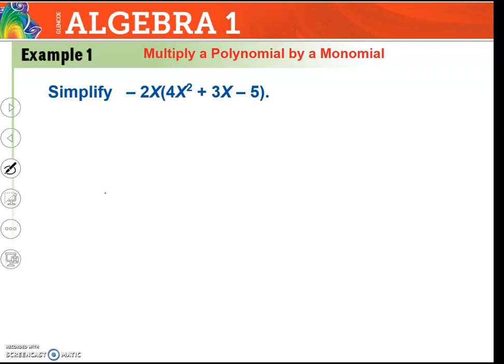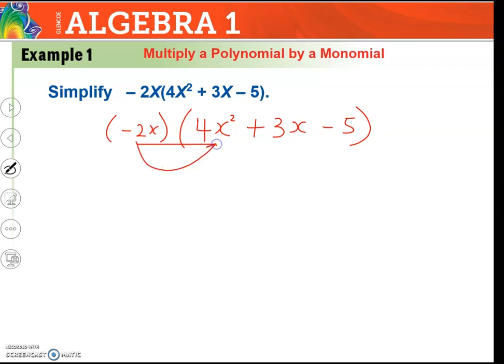So we have negative 2x multiplying 4x squared plus 3x minus 5. Now, in so doing, it means that negative 2x multiplies that,